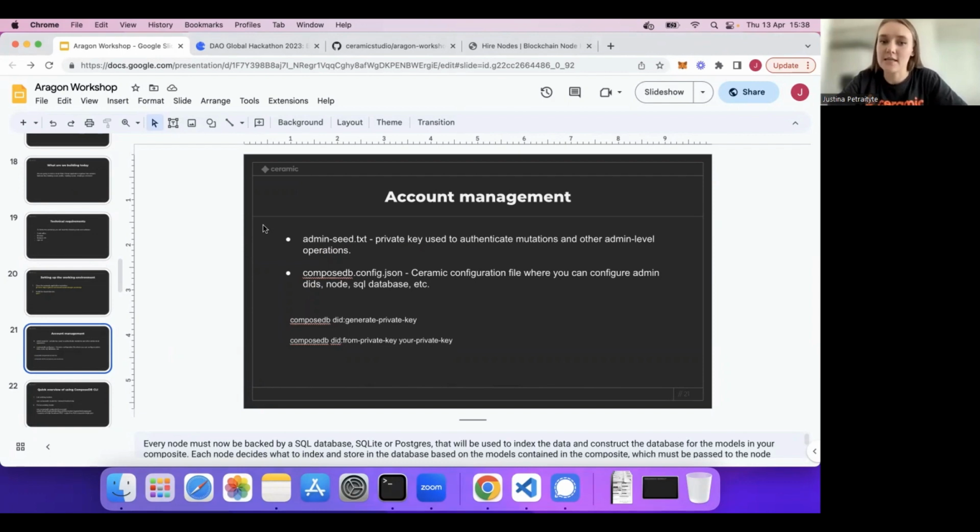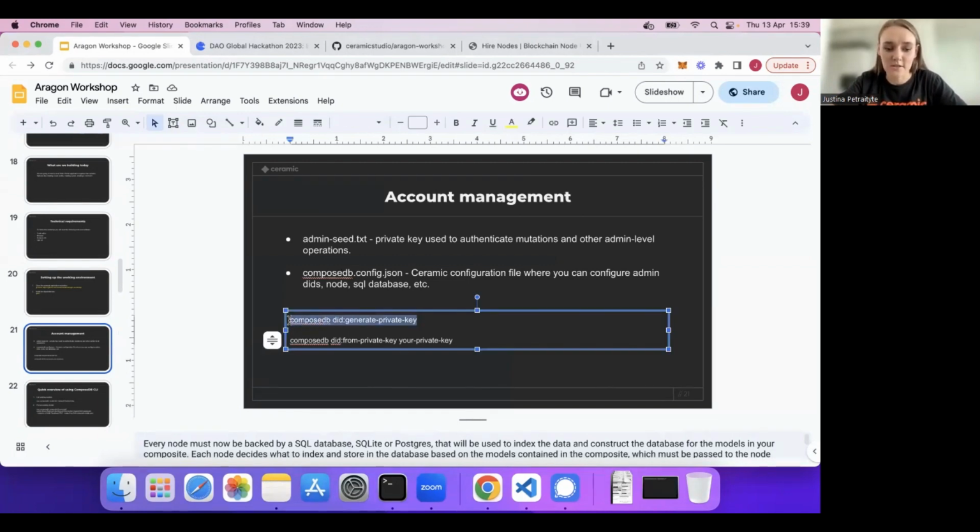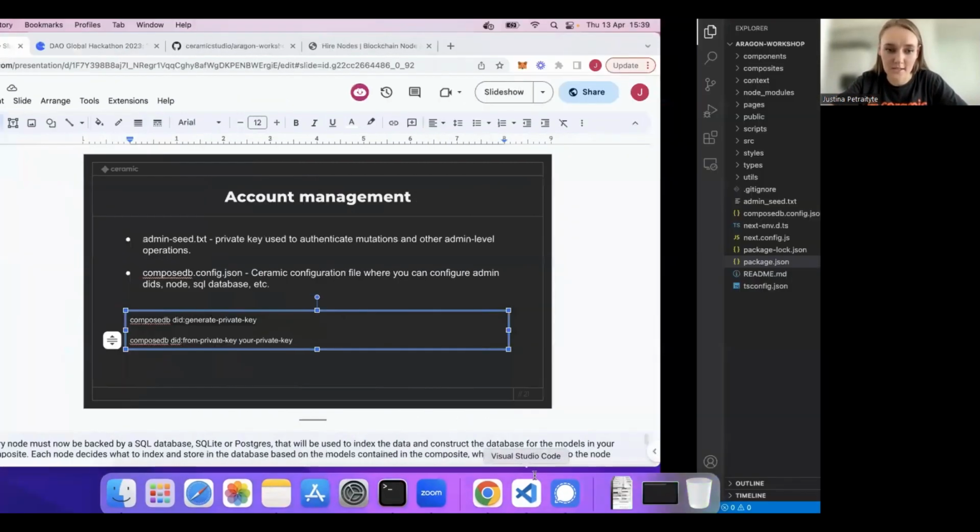to users' decentralized identifier. So to generate a decentralized identifier in the first place, as you start building your application, you will have to provide your decentralized identifier in your node configuration, so that when you are testing your app, when you are running some mutations manually, you will want to make sure that those are authorized and approved. So this can be done by running just a few very simple commands. So I will just run them and show you how that works in practice.